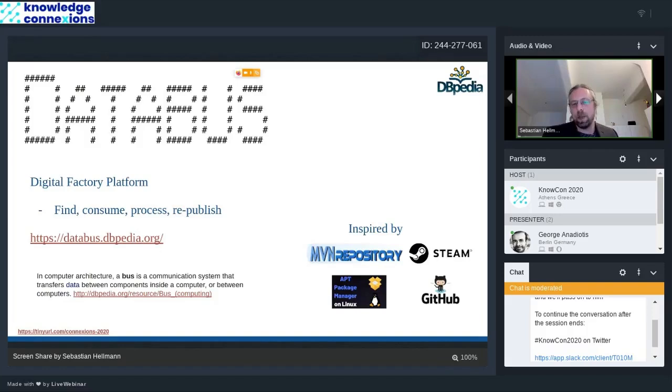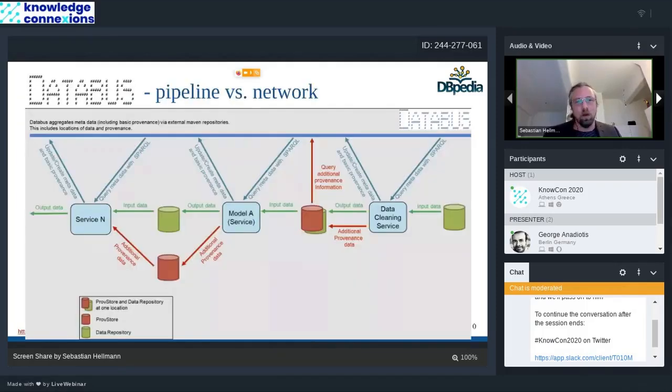It was inspired by the Maven repository, Steam, GitHub, and also the apt package manager on Linux. These are all software deployment systems, and we focus here on data consumption and deployment. What you do with this basic building block is that you can build networks and not a static pipeline. As soon as you build pipelines and really hard integrate the